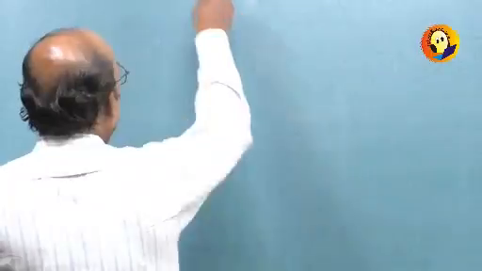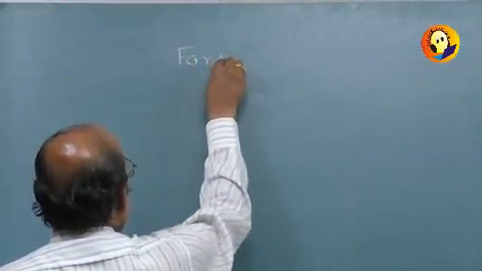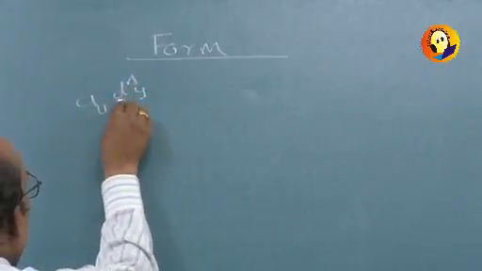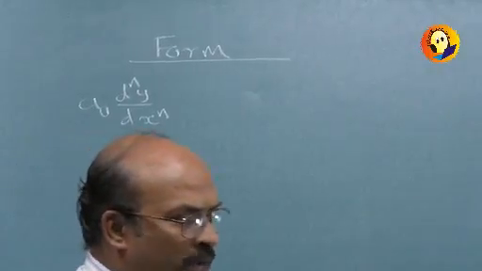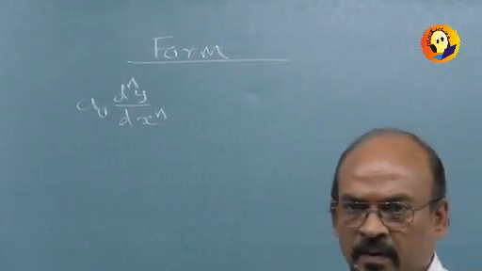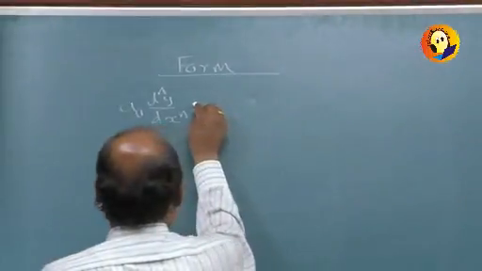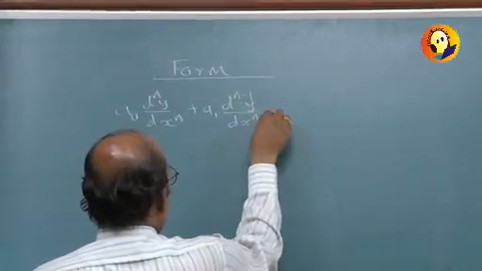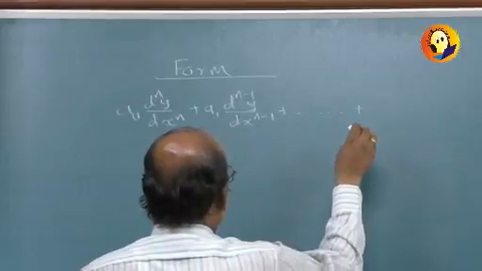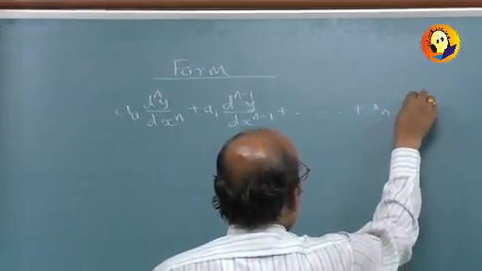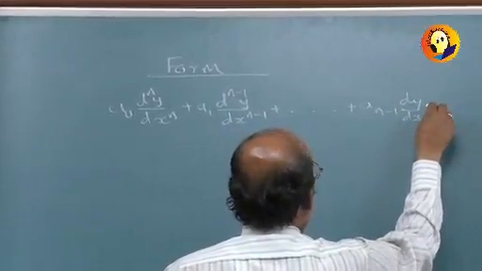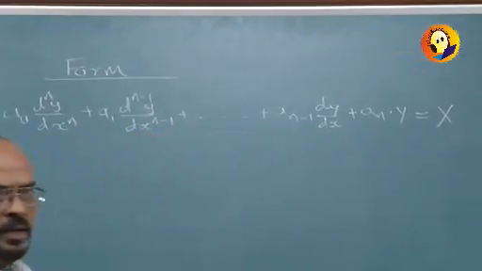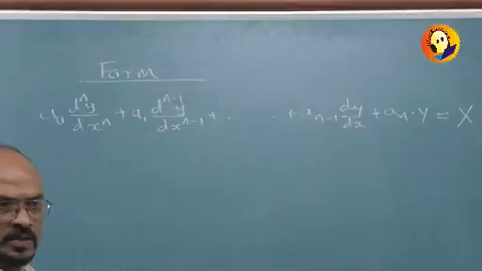In 3. And the form of the differential equation, in general, is written as a0 d raised to n y by dx raised to n. So a0 is the coefficient and it is the nth order derivative, and a0 is constant. We are writing it in generalized form, plus a1 d raised to n minus 1 y by dx raised to n minus 1 plus etc. Then you will have a n minus 1 dy by dx plus an into y is equal to capital X, is the form of the linear differential equation of higher order